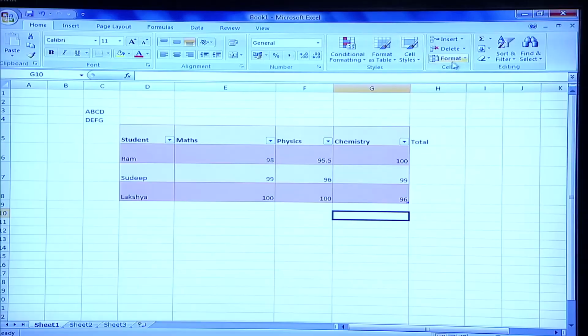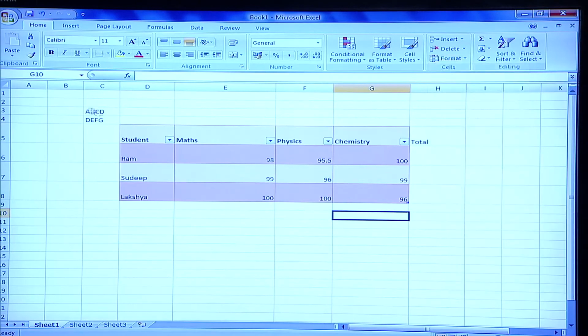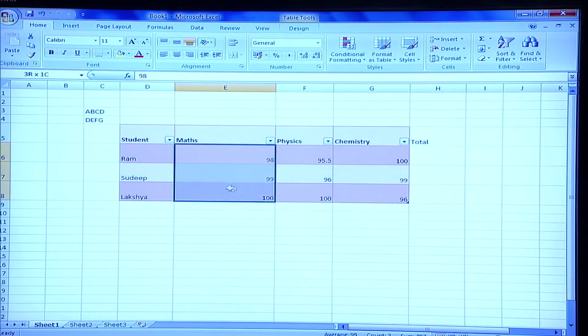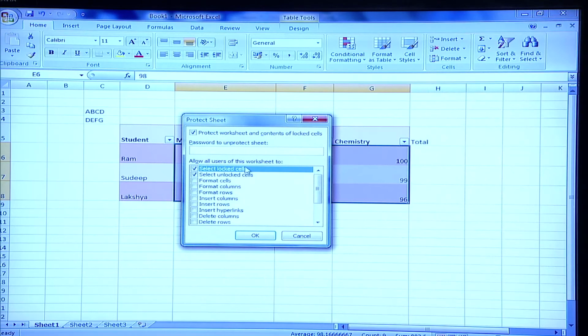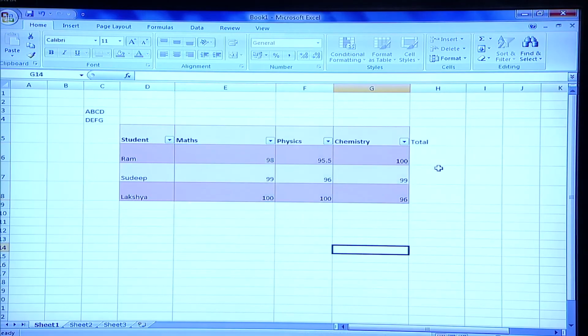This is very simple. If you go to the cells function on the ribbon, then you will see there is a protect worksheet option available. You do not need to make any specific selection, just whatever worksheet you want to protect, you can protect it and it will ask you for a password. Let us say you give ABCD as a password, so that only who knows this password can change it. It will ask me again to confirm the password ABCD, and then this worksheet will be secured.